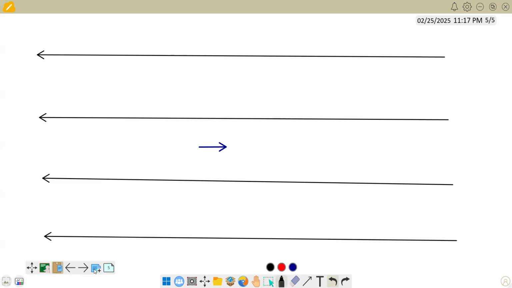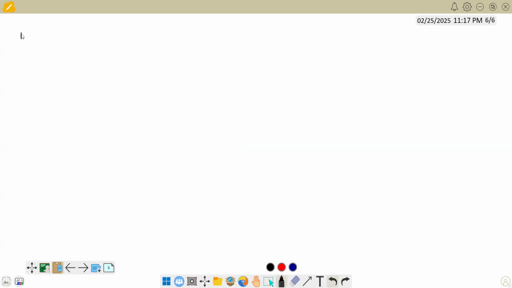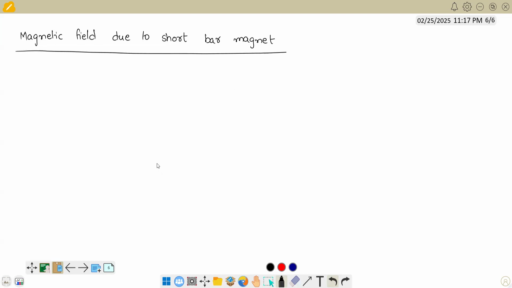If you want to know the magnetic field created by a short bar magnet, what is the meaning of a short bar magnet? The size of the magnet must be very small compared to the point where we are trying to find the magnetic field. So if you take a very short bar magnet, and if you want the magnetic field on the axis of the bar magnet, so this is called the axis of the bar magnet,